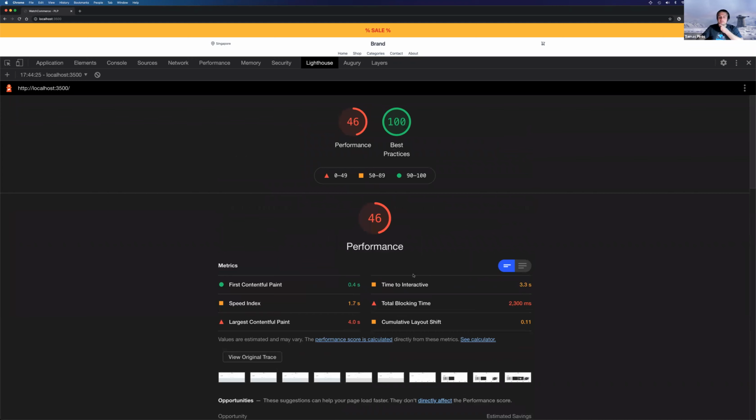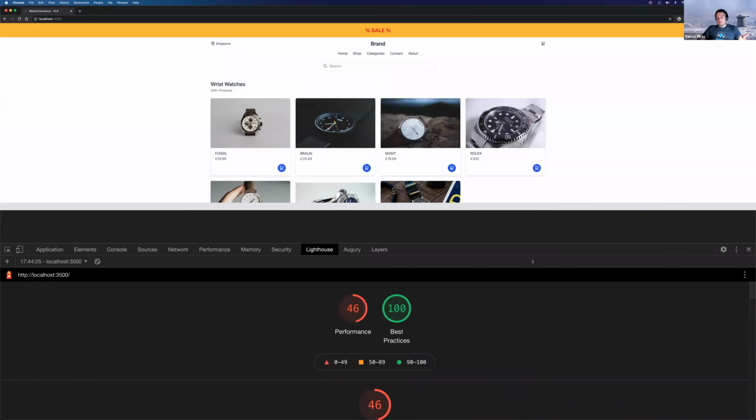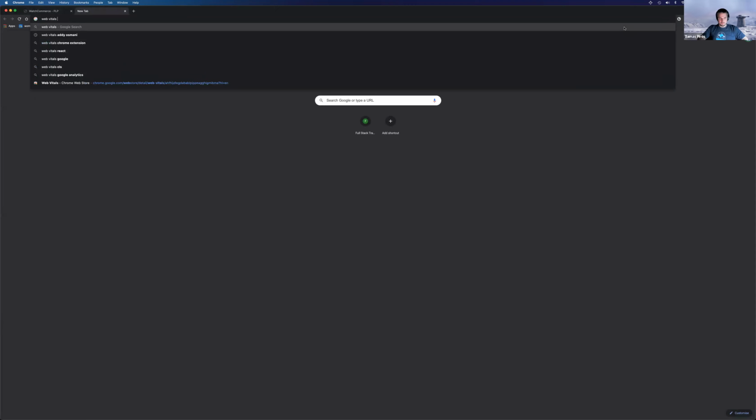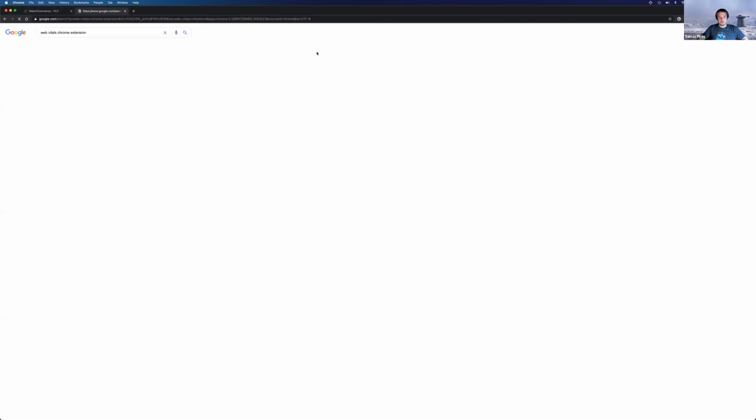Now you come here, and this is a good start, right? This is telling you that something is wrong with your largest contentful paint, something is wrong with your first input delay, and something is wrong with your cumulative layout shift. There is another tool, however, that I would like to show you. Actually, two more. One is a Chrome extension. Okay, I don't know how much that is visible. It's called Web Vitals. So the Web Vitals Chrome extension is something that you can download from the Chrome store